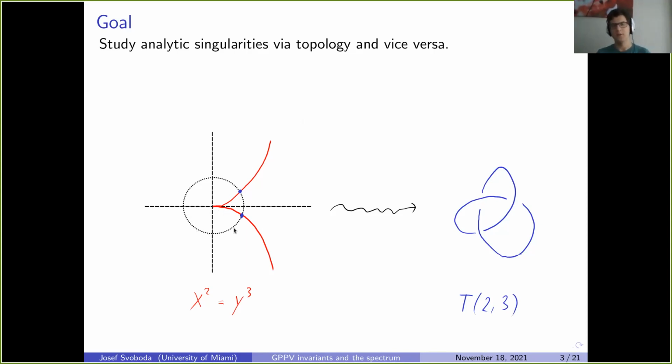So this picture lives in C^2 because we have two variables and it is over complex numbers. So if you want to know what happens around this point 0, 0, we intersect our